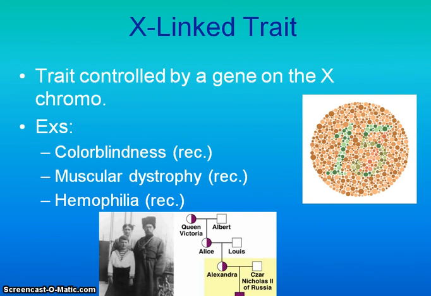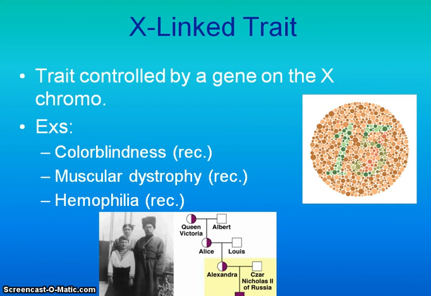X-linked traits are also a pattern of inheritance. These are going to be traits that are controlled by genes that are on the X chromosome. Such as color blindness, which we mentioned before. This is an X-linked recessive trait. The most common form of color blindness is red-green color blindness. Muscular dystrophy is an X-linked recessive trait as well, and that is a degenerative muscle disease. And then hemophilia is also an X-linked recessive trait, and this one is a blood clotting disorder,